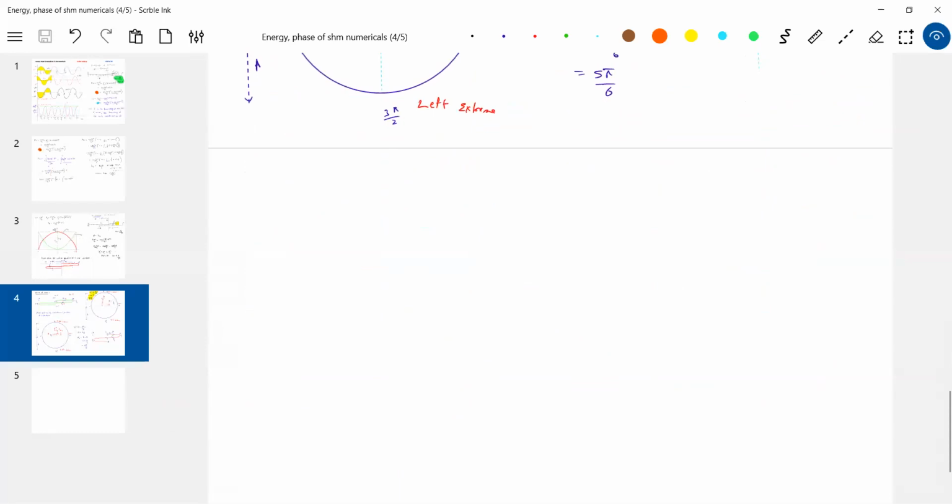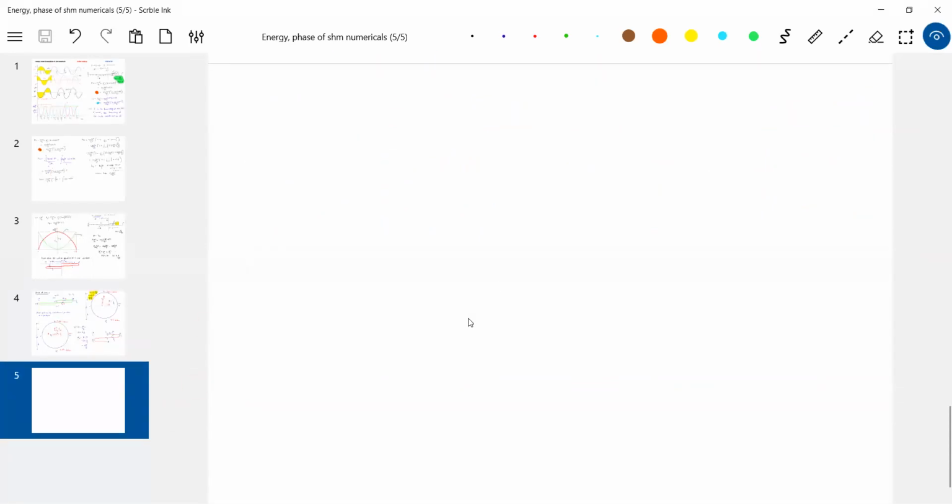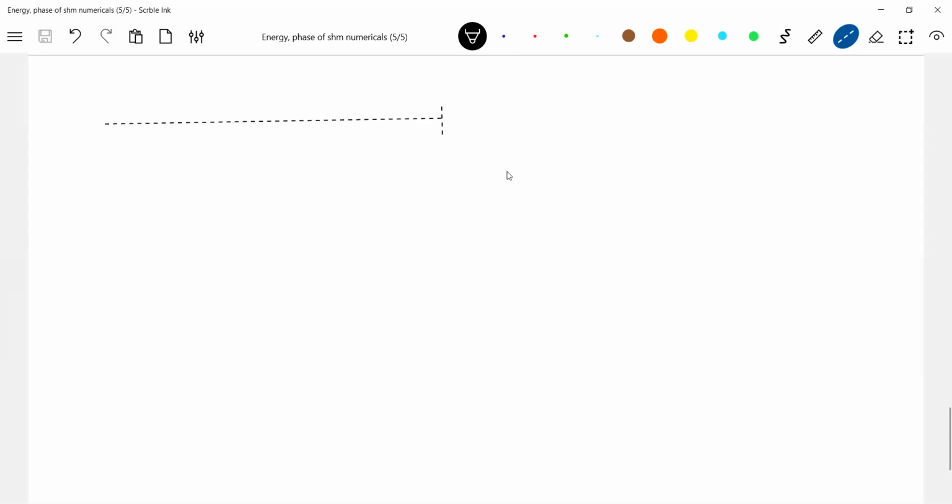The next thing is, so here, in SHM, we know potential energy, kinetic energy, we know how to write the equation also. Next part is how to calculate the time taken by the particle to move from one point to another point. Left extreme, right extreme, and this is the mean position. Let's go for the time taken by the particle. It will start at x equal to 0. This is the mean position. At t equals 0, it will start here. Then this is plus a, this is minus a.